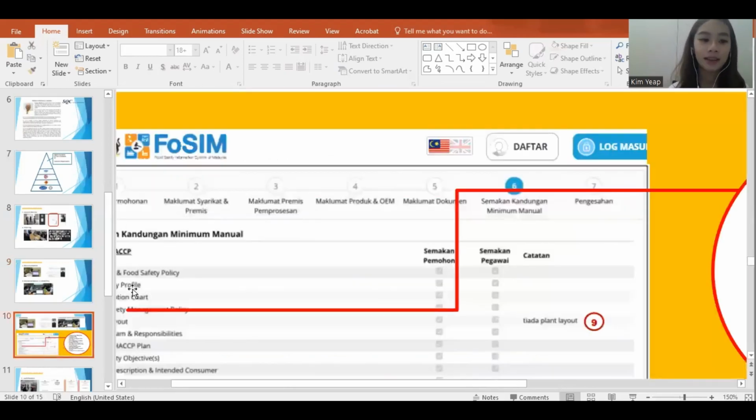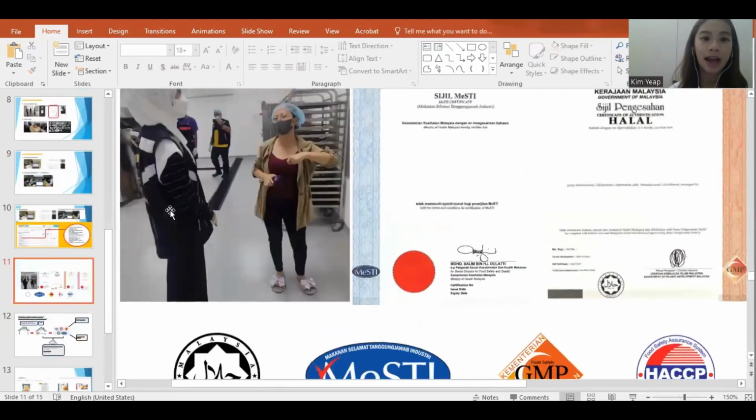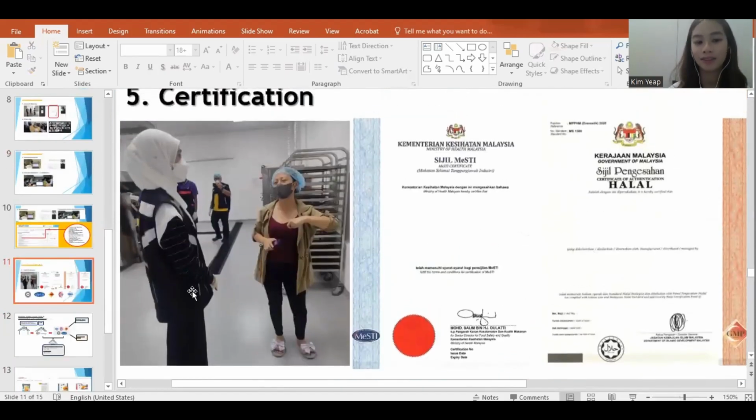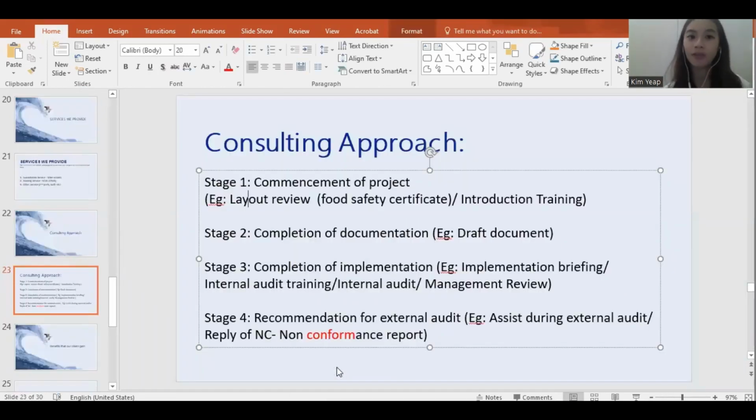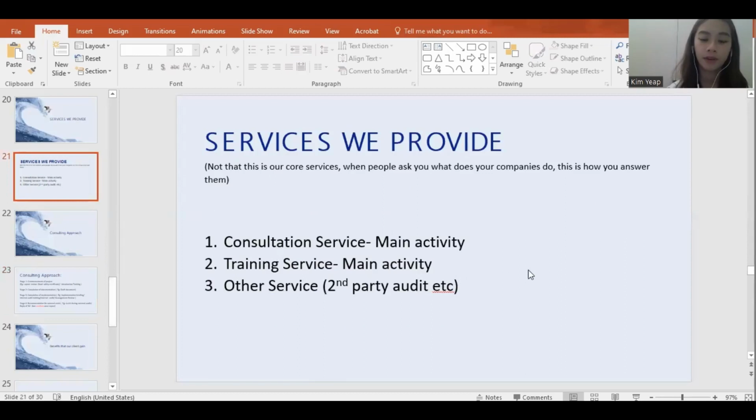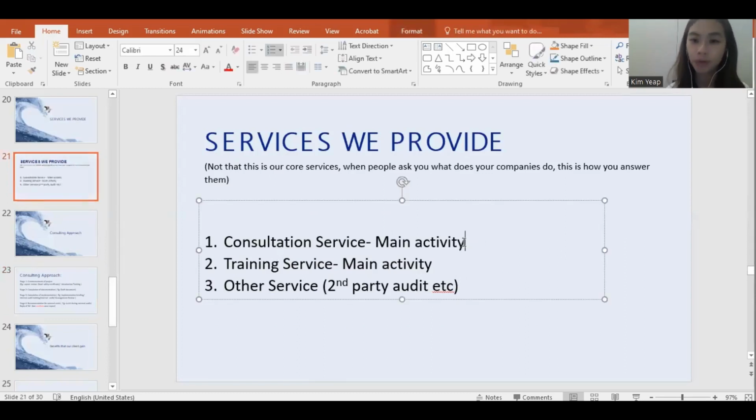Okay, then this is usually how the audit looks. The auditor goes there, not just checking how the factory looks. They also flip through the documents and forms and see whether they really follow or not, right? So yes, this is how we provide the consulting. So for us to recall, the consulting approach is just me telling you how we do this part.